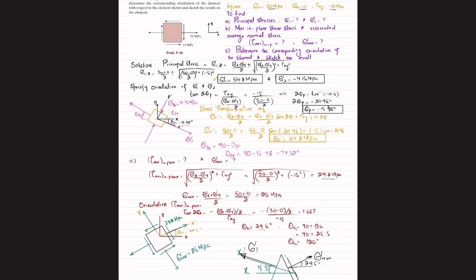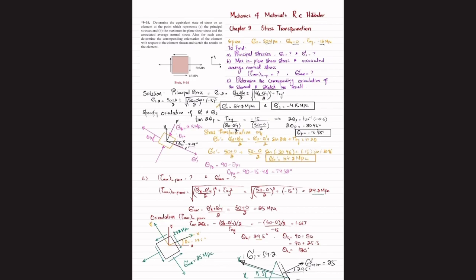It will be like this. This is tau max in plane. You can just pick the value. Sigma average is 25 megapascal, sigma 1 is 54.2, sigma 2 is 4.15 megapascal compressive. And that was all about this problem 9-16, in which we have calculated the principal stresses sigma